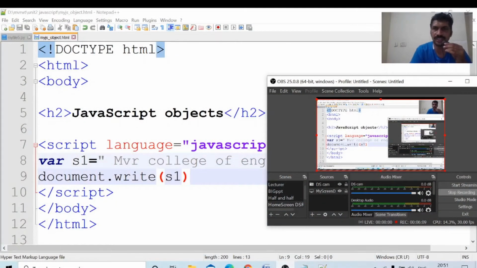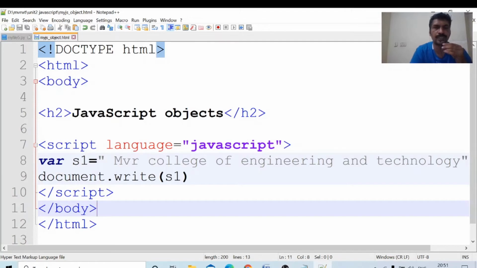How to print this value? document.write(s1). Control S. I am opening this file to check whether it is coming or not.